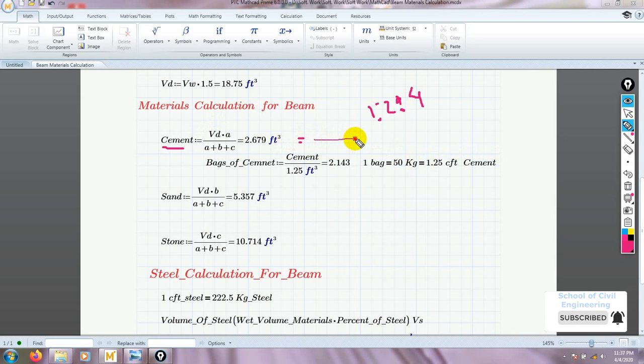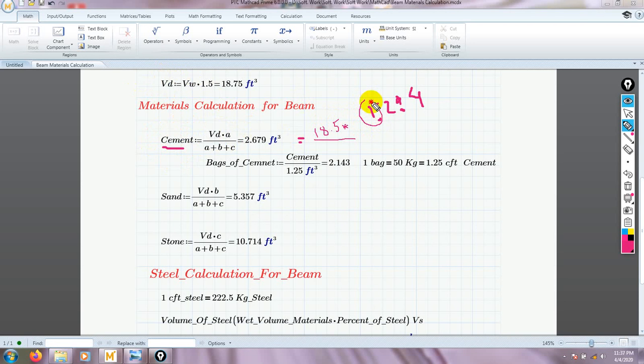Here dry volume 18.5 into A. What is A? When we calculate for cement, we have to multiply the total dry volume with